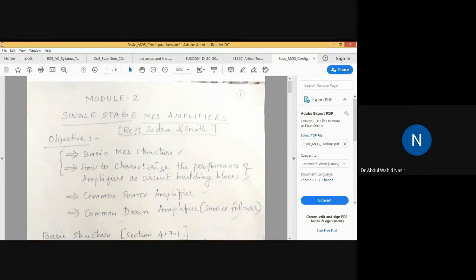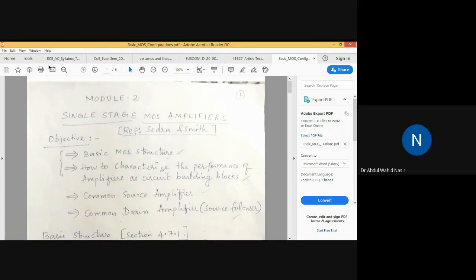Okay. So today we'll be starting module 2. There I will only be giving the introduction and talking, and then we will just see a small topic. So module 2 is nothing but the extension of module 1. First we'll see the module 2 syllabus, what we have to study.